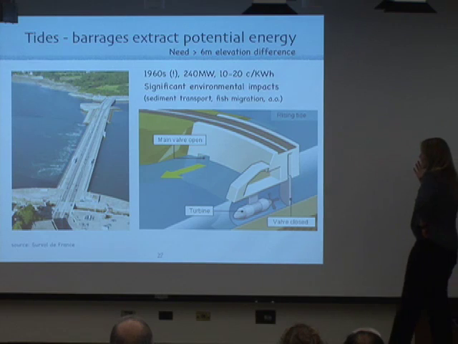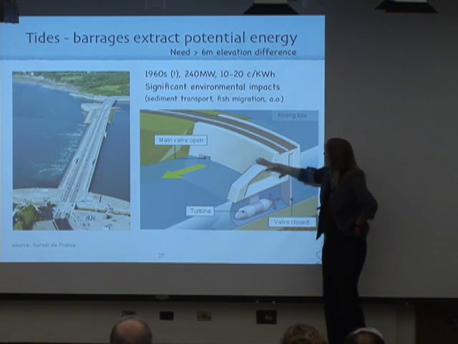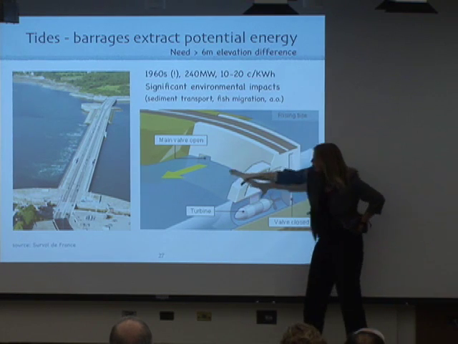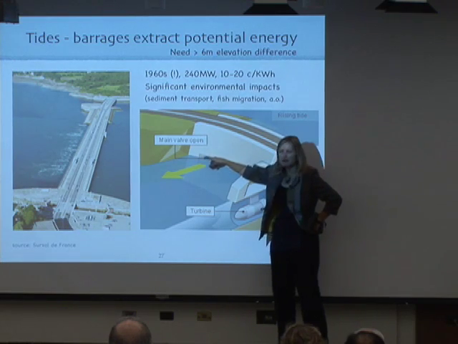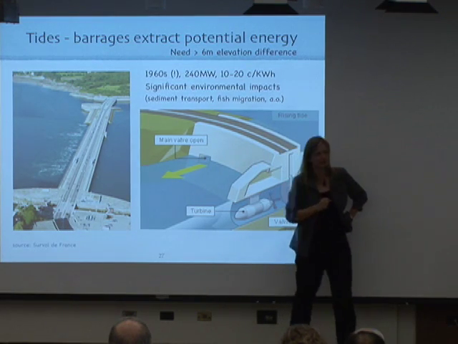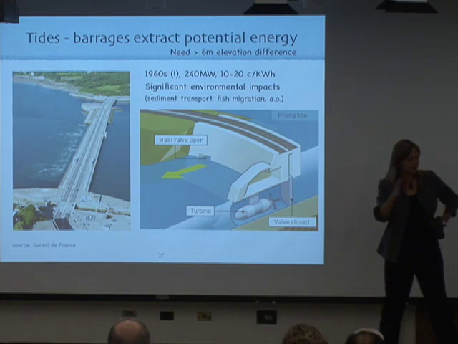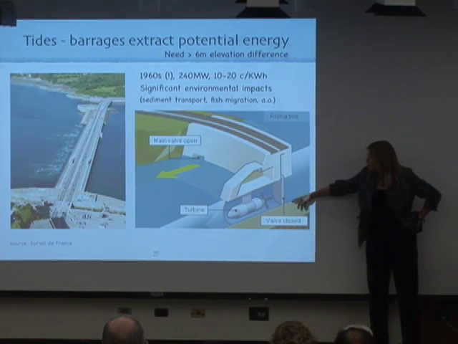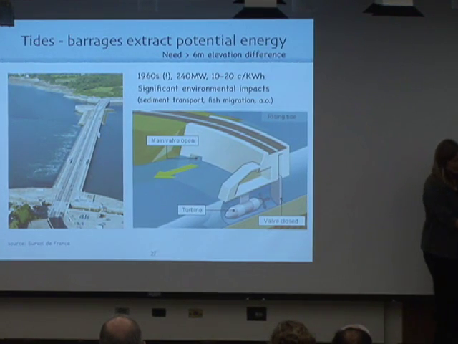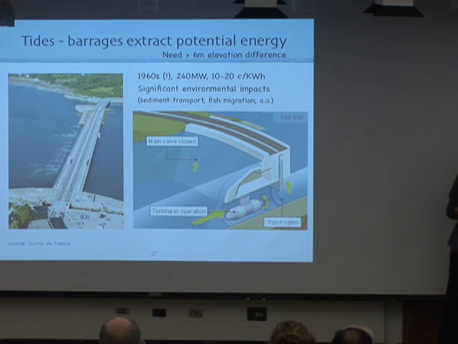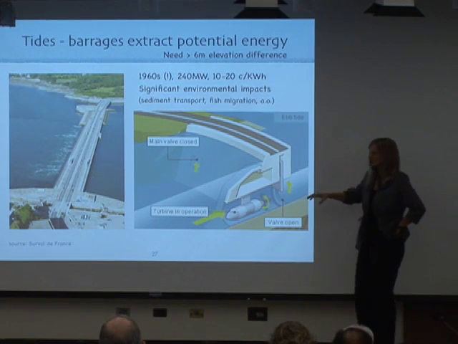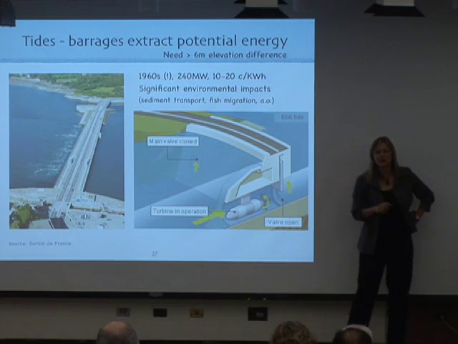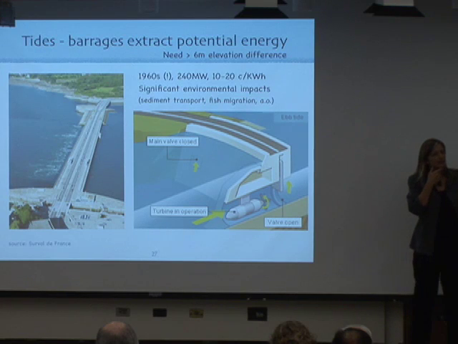So the idea is that in the estuary, when the tide is rising, so here the tide is rising in the sea, here's my estuary, you have a main valve open and you just let the water flow in at high tide. So the water flows in, turbine here, nothing happens through the turbine, this valve is closed. And then when you have an ebb tide, you close the valve and you're letting all the water flow back out to sea on ebb tide through the turbine. Okay? So it's a very simple idea.